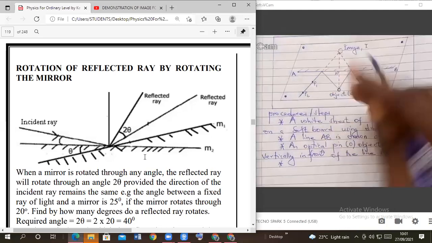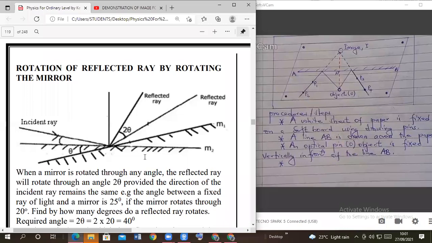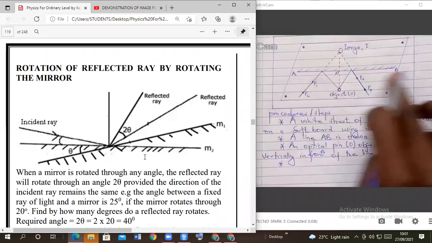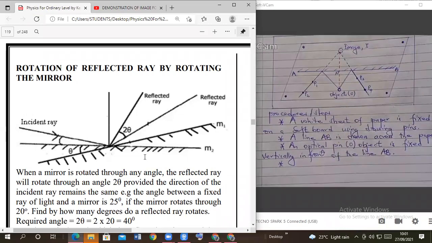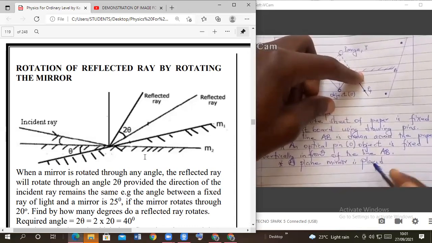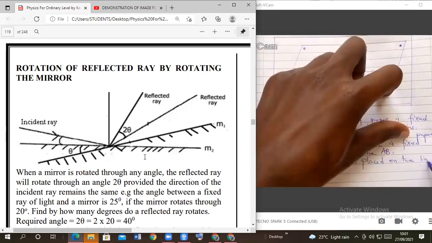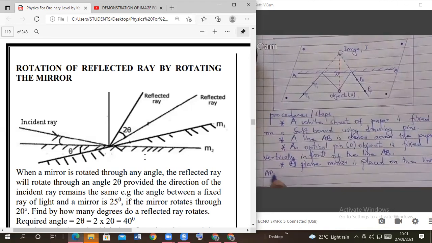Now we put the plane mirror. After putting the object, now we put the plane mirror along the line AB. So a plane mirror is placed on the line AB